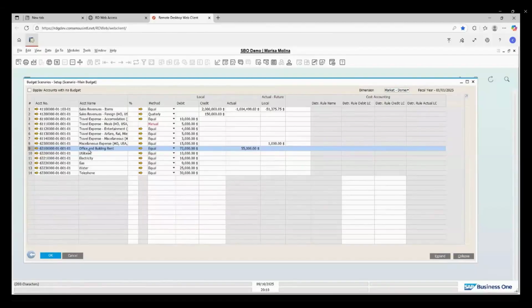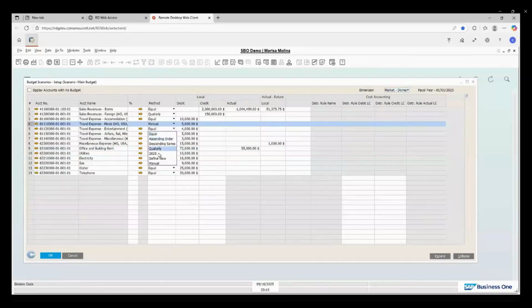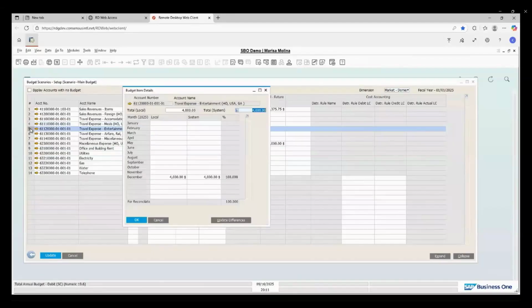And also, I could use it manual. As you can see in line 4, I have one for manual because I could just come here and say, okay, for entertainment, no, I don't want to use any of the distribution methods that I have here. I want to do it manually. So basically what I do is I go here, double click. Once I say manual, double click in the line, and then I will have my 4,000 in the last month.